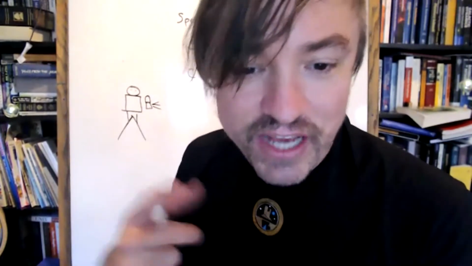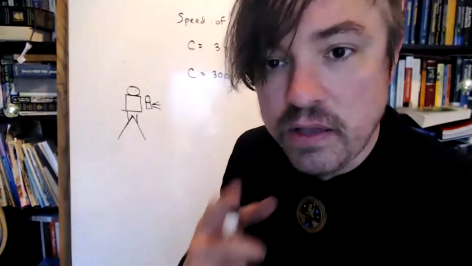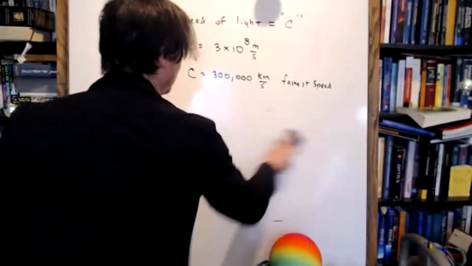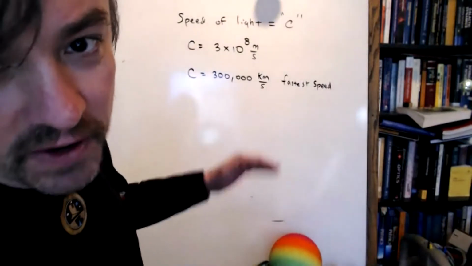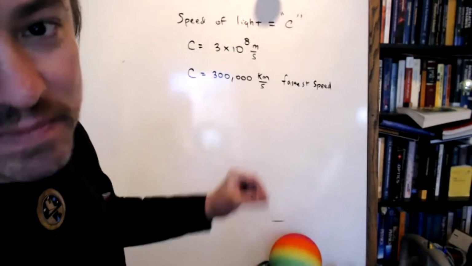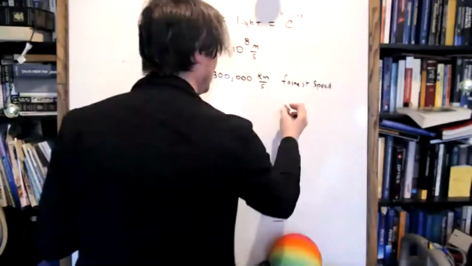Later on, a famous, I believe he was a Dutch astronomer, came up with a much more clever way to measure the speed of light. Ole Rømer, I believe it was, came up with a way cooler way to calculate the speed of light. And just try to think about how neat and clever this experiment is. He observed the moons of Jupiter at two different times in Earth's orbit. Now try to contemplate this.